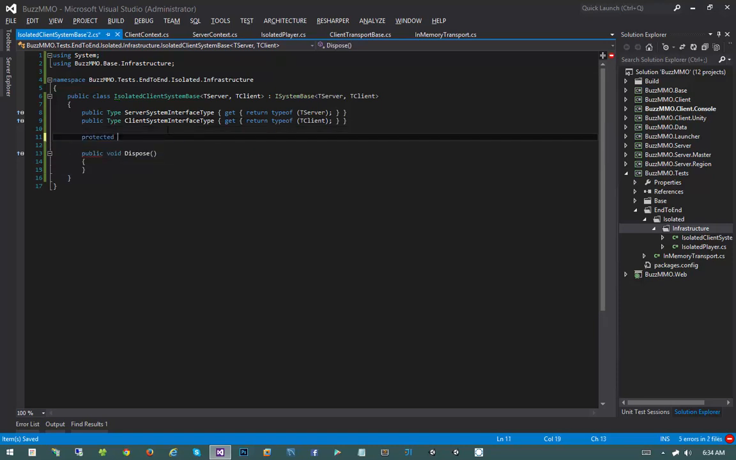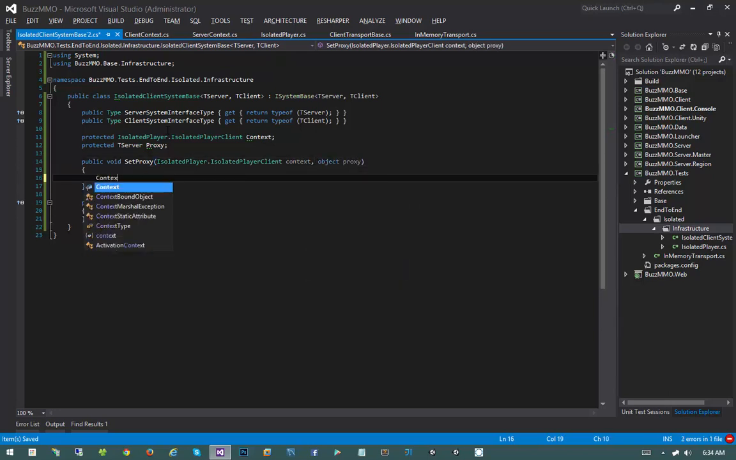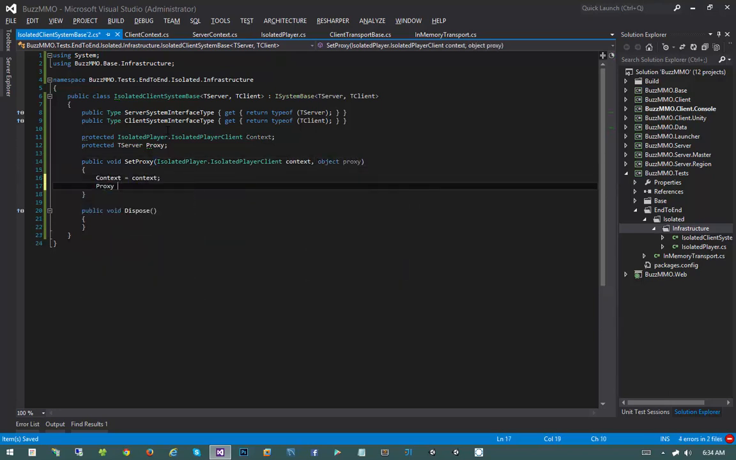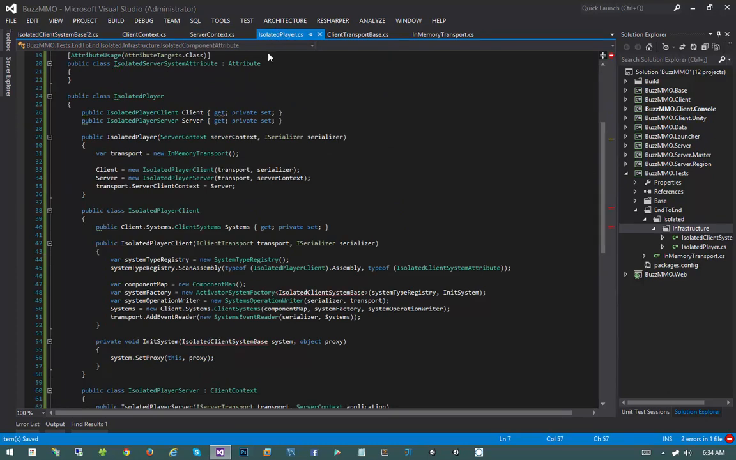Then I'm going to say protected IsolatedPlayer.IsolatedPlayerClient. I'm going to call this context. Then I'm going to say protected TServer proxy. Then I'm going to say public void SetProxy, taking in an IsolatedPlayer.IsolatedPlayerClient, we'll call this context, and an object proxy. And then we're going to say context equals context and proxy equals cast to TServer proxy. And if I got the name right there, which I'm not sure that I did,